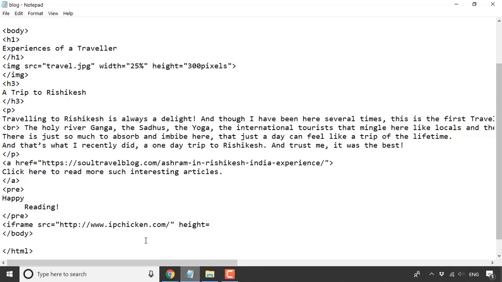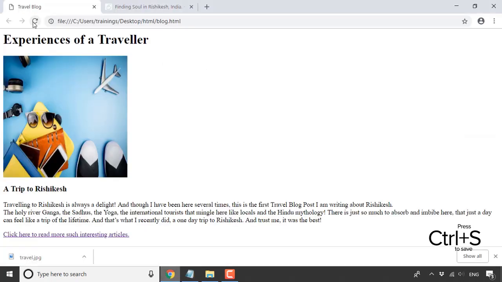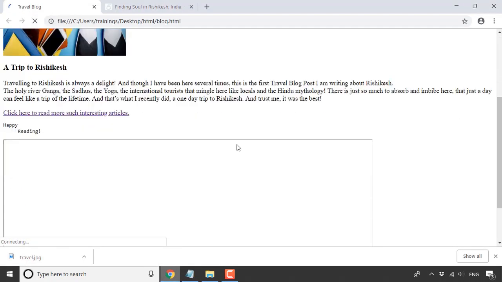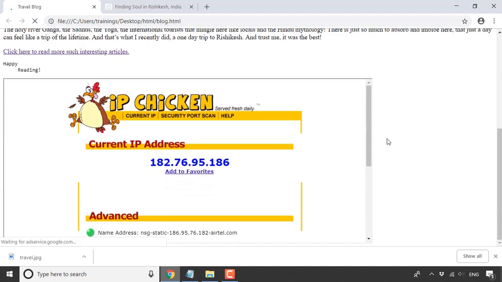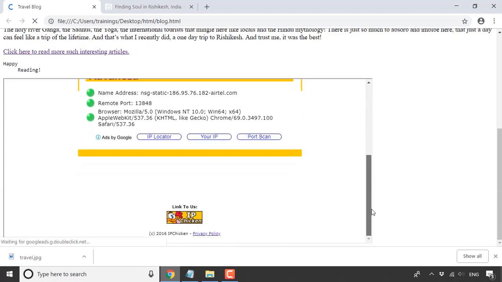You can also use the height and width attributes to define the size of the page. The values of these attributes can be given in pixels or percentage. A lot of big websites do not allow their web pages to be used as iframes, so it may show a blank page and not redirect. Now, let's check it out in the browser. So that was all about the basic HTML tags.